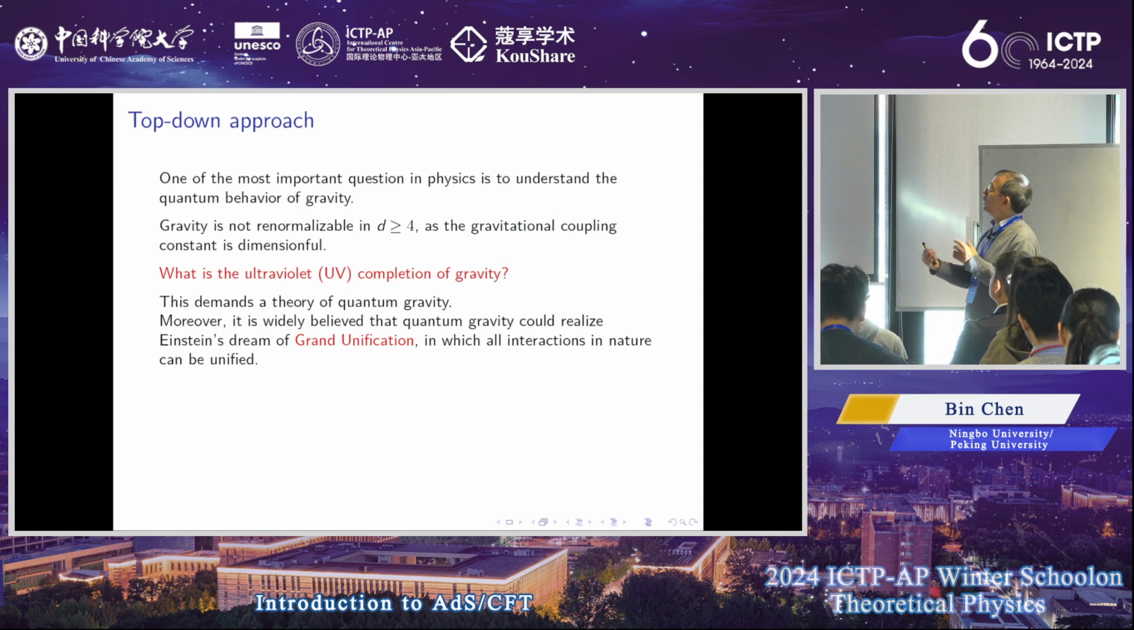You have to take into account many corrections, an infinite number of counterterms at the very high level. So that means gravity is not UV complete. If you try to find a UV completion of gravity, then you have to find a theory of quantum gravity. So that is what people have been